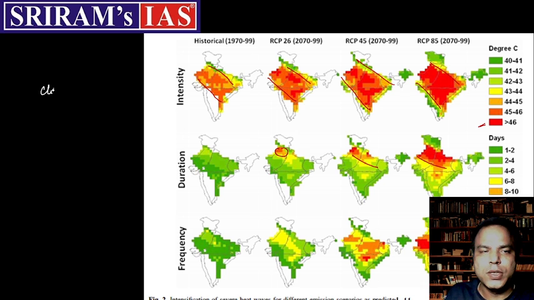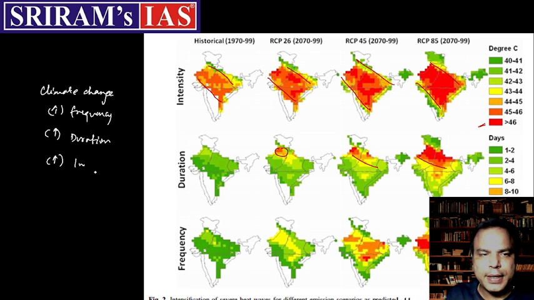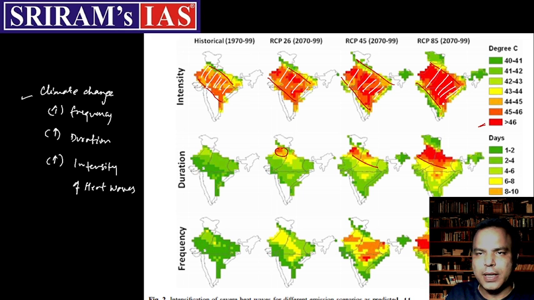So that means climate change in the world and India is increasing the frequency, increasing the duration, increasing the intensity of heat wave incidents in the world as well as in India. For India, you can see on this map, the intensity is increasing with every coming decade, and by the end of the 21st century, most of India, the intensity will be above 46 degrees